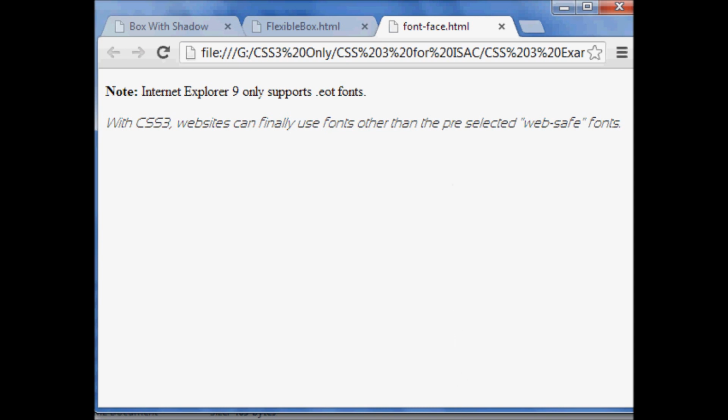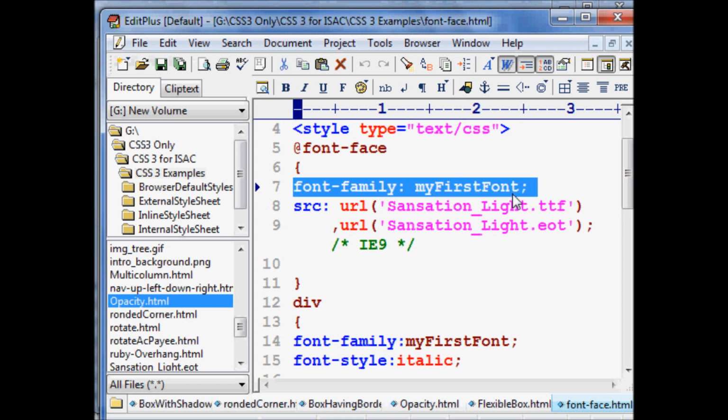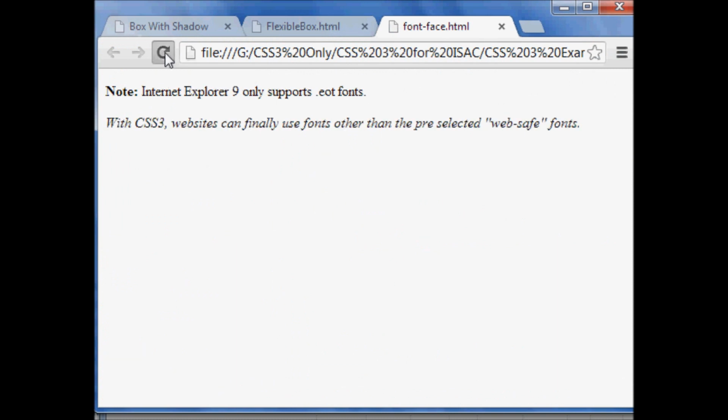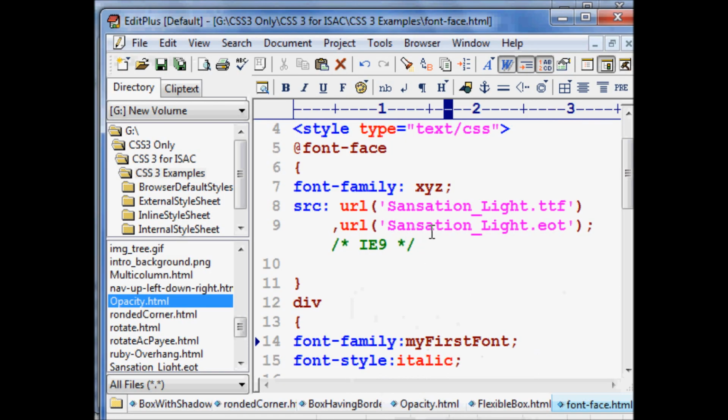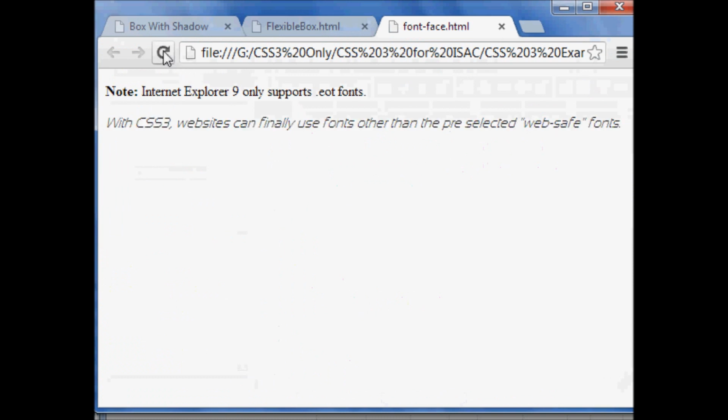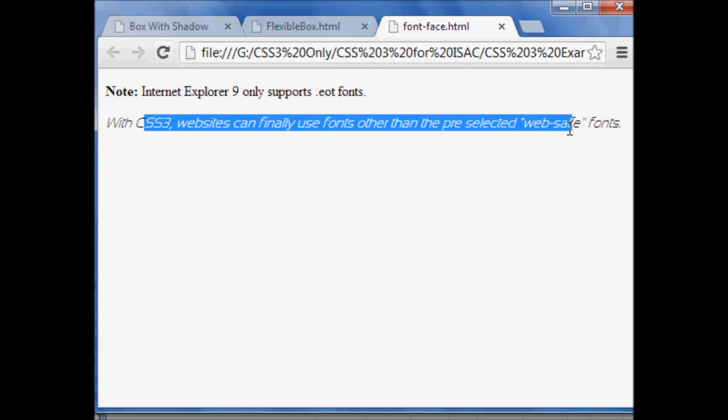Now I can give any name here. Say the font name is XYZ, and then I can say here, if I say my first font, suppose I gave the name something else, right? So if I save it here and go here and refresh, we are not getting that, isn't it? Now here I say I want that XYZ font. Now we can try, refresh it. So the effect you are getting, right?